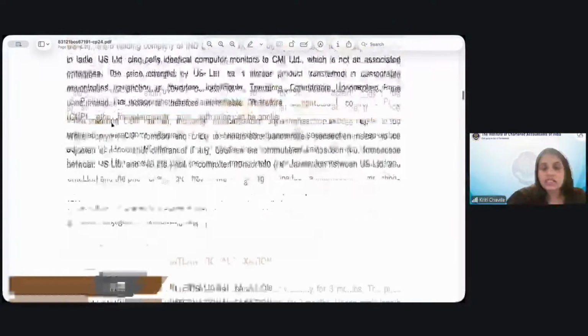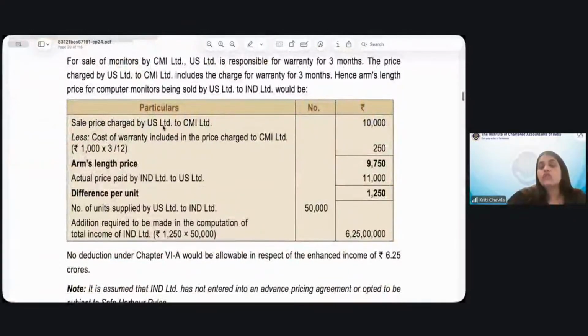So when CUP is applicable, what you do is you actually start with unrelated party. So the sale price which is charged by US Limited to CMI Limited is 10,000 per unit. So this is what we actually start with when it comes to CUP method. Now, when it comes to CMI Limited, it is US Limited which is responsible for warranty for 3 months. So what we're going to be doing is